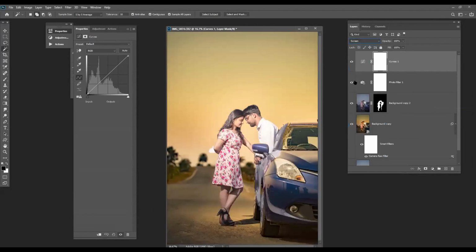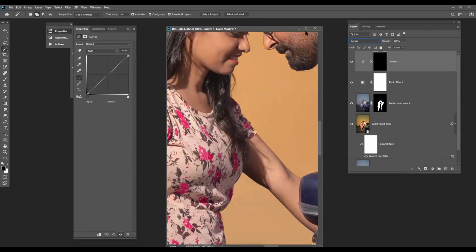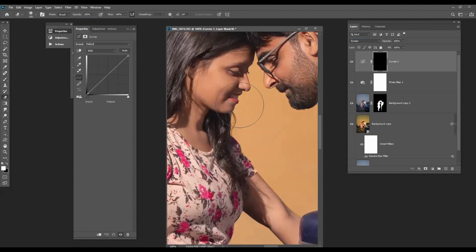It will increase the contrast of your image. Reverse it with Control I, and now take a mask brush. If it's black, it should be white here. Reduce the flow to around 5, and just try to bring out the highlights from the image. We already have very good midtones.